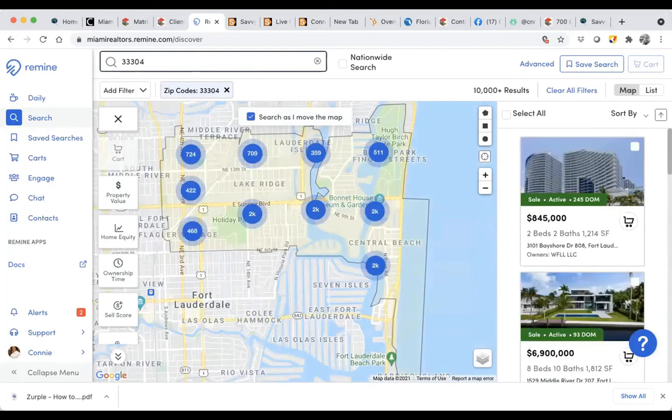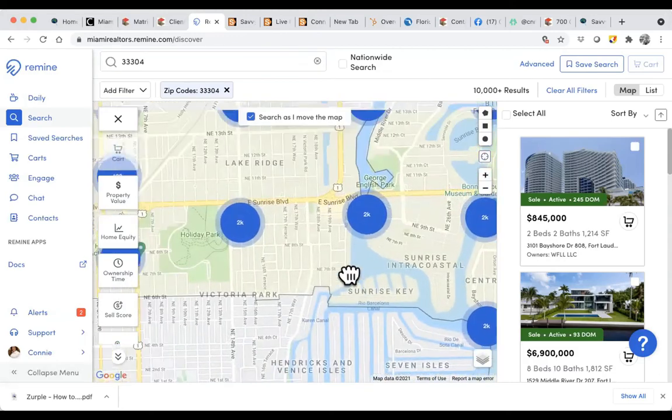Remine has a whole segment area on predictive analytics, looking into information, but I want you to see how you can capture and work in an area. So now I have here a piece of Fort Lauderdale that Daniel has sent me info. And these are all the properties that are available. Too much, right? So what if I wanted to take this area here and I want to see people,